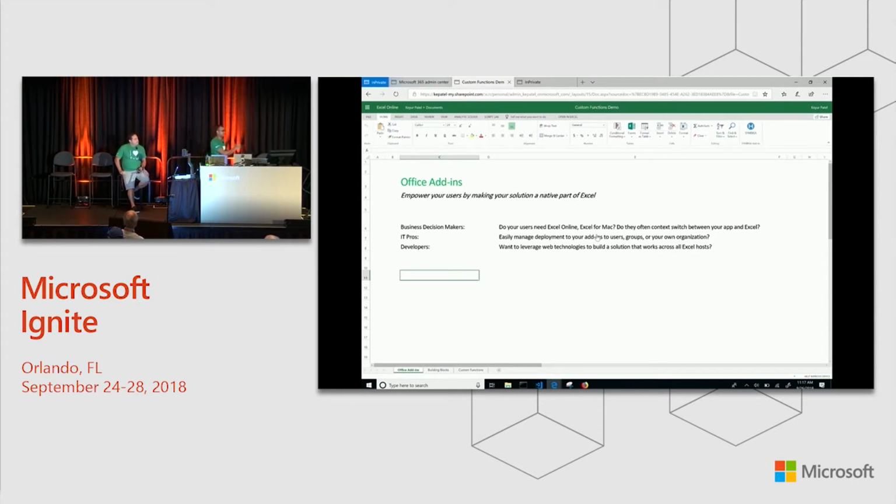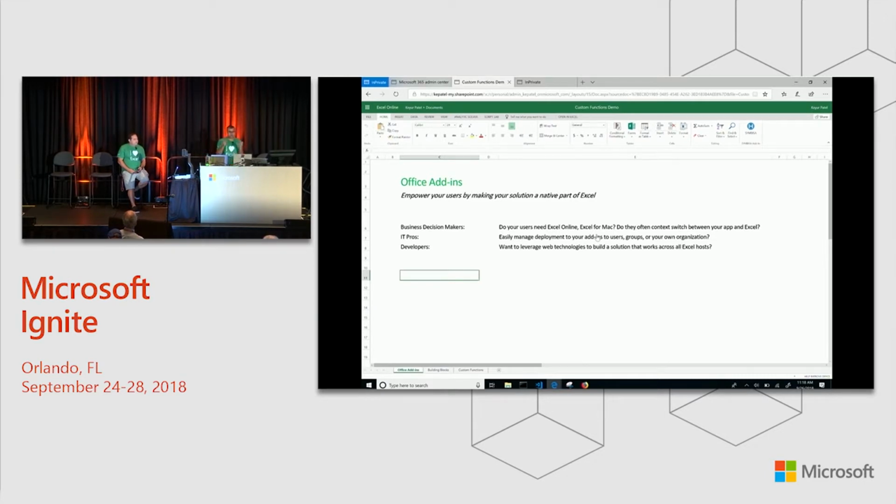Likewise, you may have a different solution, and people may need to context switch from your application into Excel. A lot of times we see developers provide the infamous export to Excel button or the export to CSV button, and then people load that into the context of Excel. But the problem there is it's static. And so this is where, by you bringing your solution into Excel, you can actually make it way more compelling